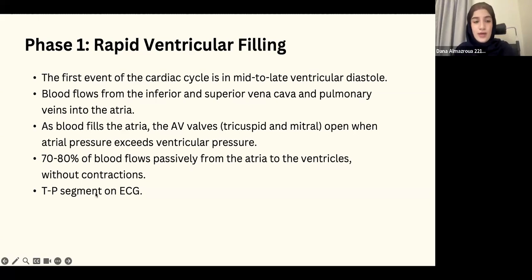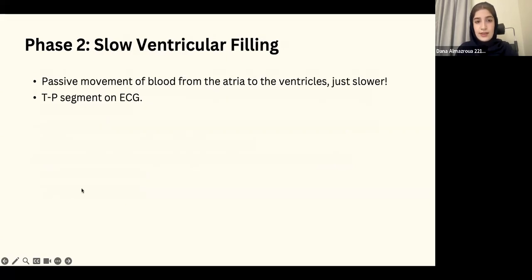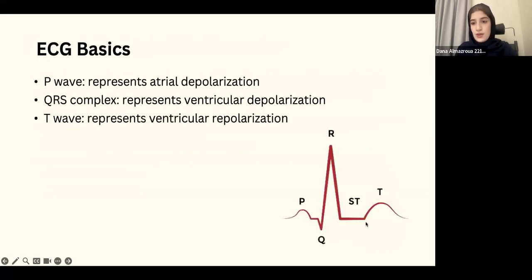Okay, perfect. Now, this is represented on the ECG as the TP segment. Now, what is the TP segment? If you go back to the ECG slide, so we had this ECG. Let me just take my pen. Now let's imagine